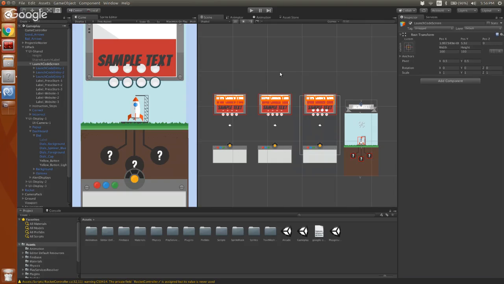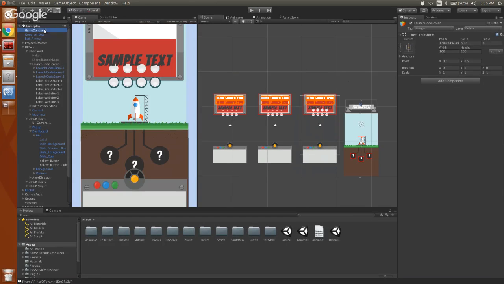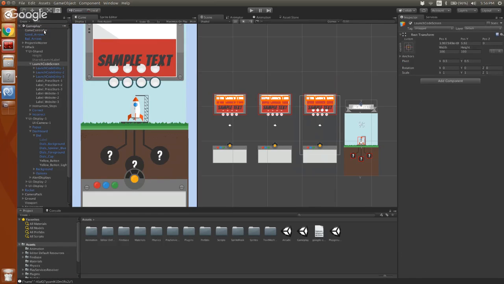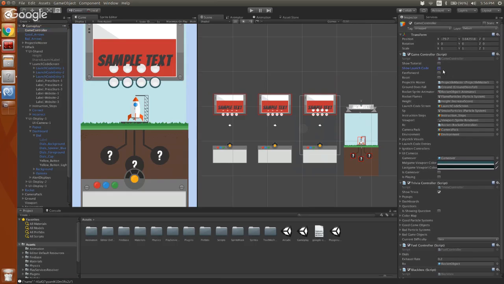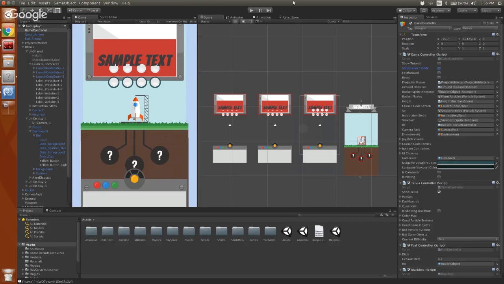But what I really want to show you guys is the game over scene. If I hit play right now, all of this stuff will come to life over in my scene view, and we get to an enter a launch code screen. The rocket's just sitting there. I won't go through the whole launch code sequence, but I'll turn off the tutorial and the launch code just to show you guys what the gameplay looks like. And these are all custom things I've written. These are all public properties on my scripts that are showing up, so I can configure all of these things to do all sorts of stuff.